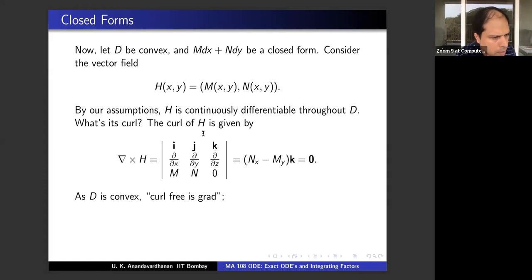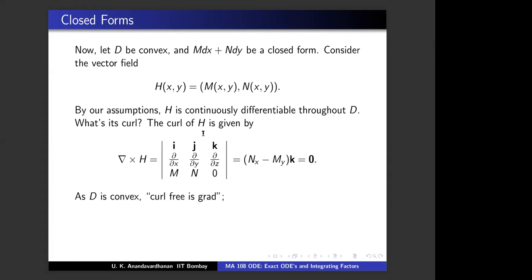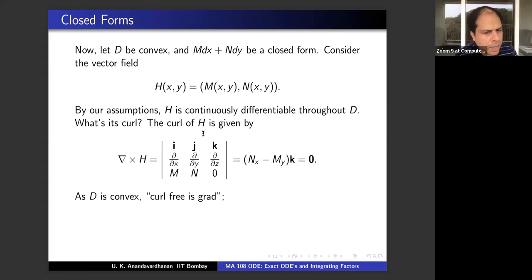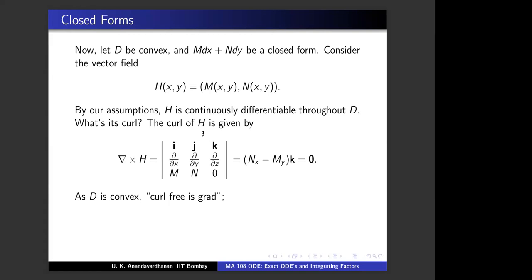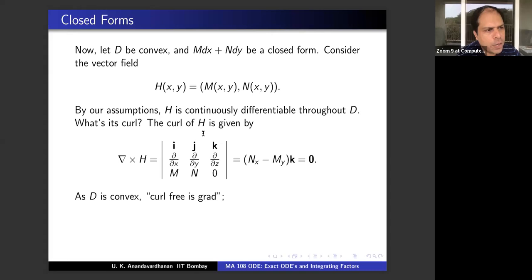What is convex? If x1 and x2 are in D, then t x1 plus (1 minus t) x2. In plain English, what is convex? If I make a line joining points x1 and x2 in D, then all points on that line also lie in D. Correct. So take any 2 points in your domain, the straight line joining them is completely contained inside your domain. Okay, so that is convex.